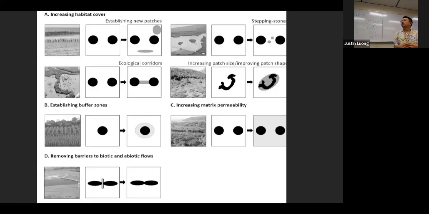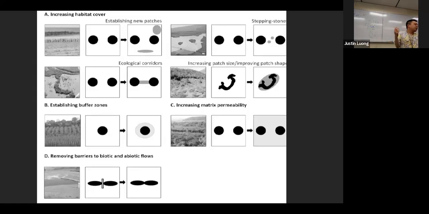There's a lot of more recent work on that related to the term applied nucleation. Ecological corridors are basically creating a habitat corridor. If you have more money than for stepping stones, you actually just connect the habitat, and that's best. Improving the patch shape or size: you can see that it went from this really messy U to a circle that has a lower perimeter to area ratio, so less edge. Then establishing buffer zones,